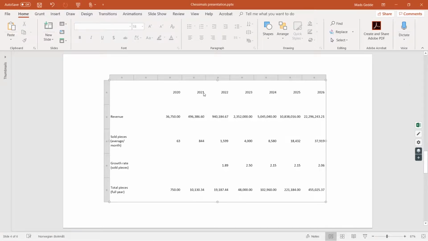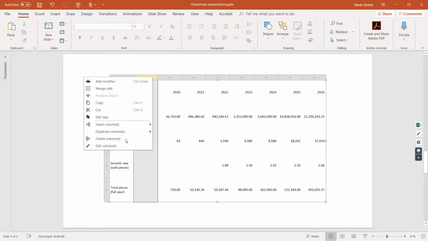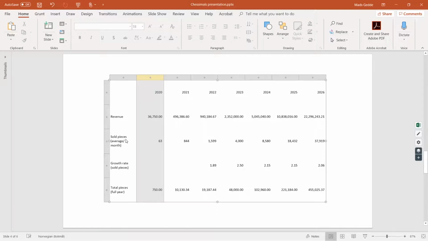One of the great things about the powerful data connection in Grunt is that you actually don't need to have the same structure in your Excel file and the output you present in PowerPoint. In this case, I've added a column that supports my modeling in Excel, but I don't need to display that column in PowerPoint. I can simply right-click the column and choose Delete. Changing the structure like this will not destroy your data connection, and Grunt is smart enough to deal with these